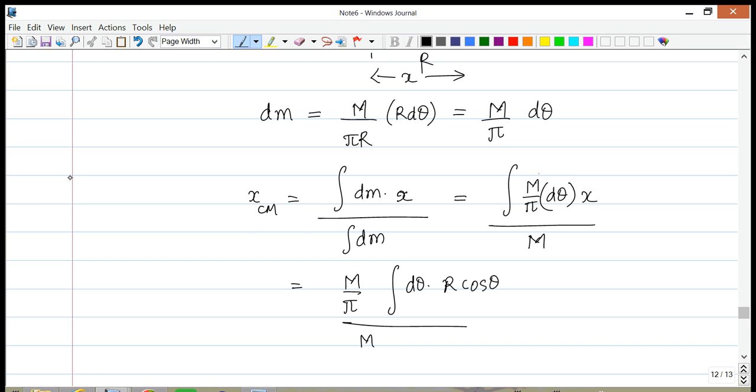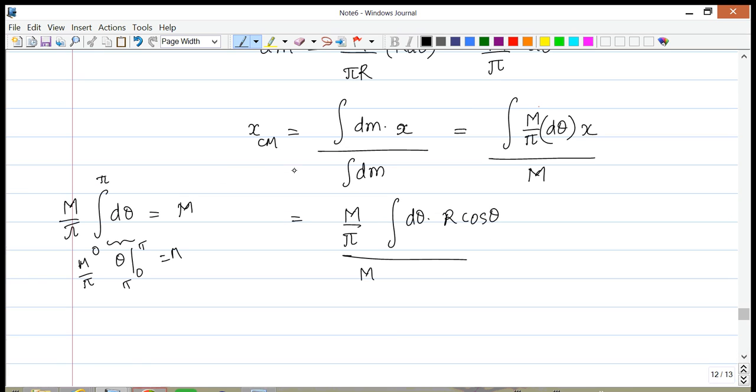You can actually calculate this m over pi times d theta and show that it ends up being equal to m. It's very simple, because the angle theta goes from 0 to pi, 0 to 180 degrees, and so this ends up being nothing but theta evaluated between the limits of 0 to pi. The pi cancels out the pi, and you end up getting m.